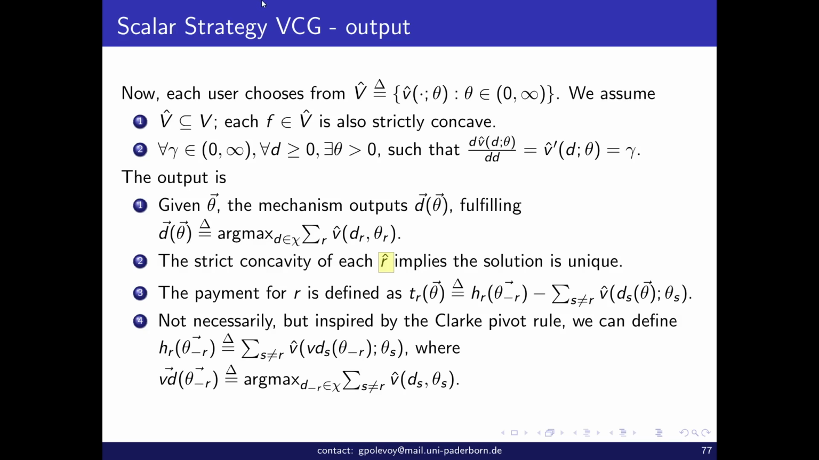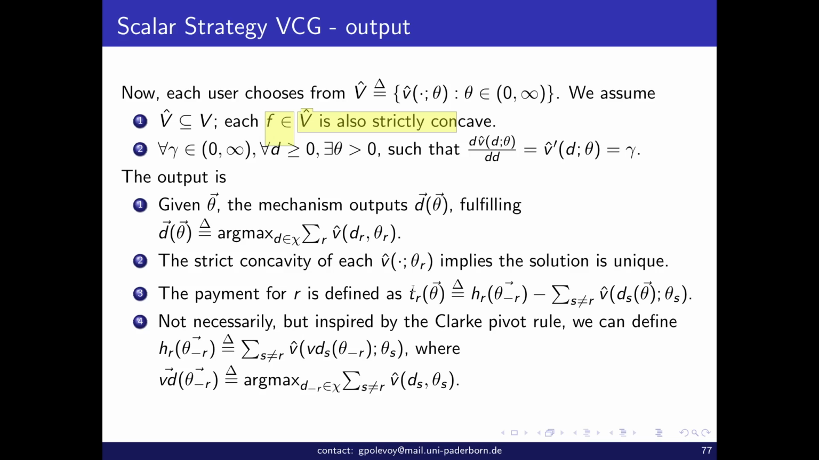The strict concavity in V hat implies the solution is unique. Not only does it exist, because it's continuous and the domain with respect to the possible allocations is compact, it's also unique. And the payment for agent i is defined as,